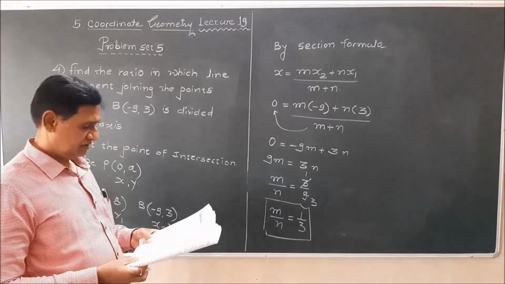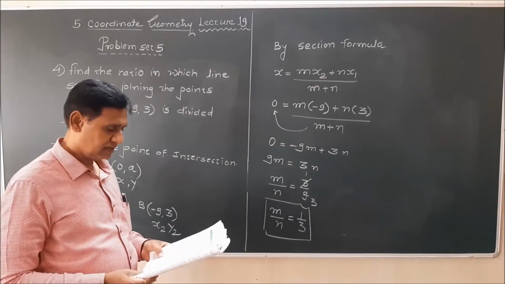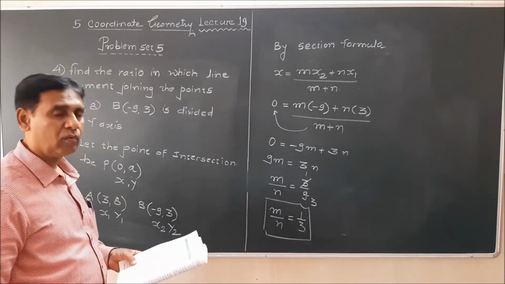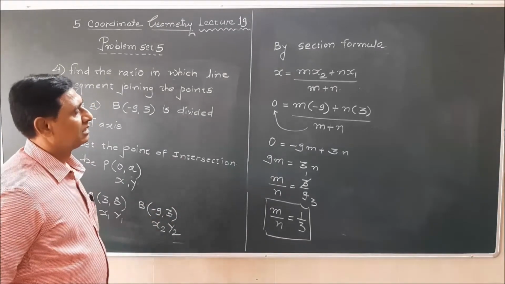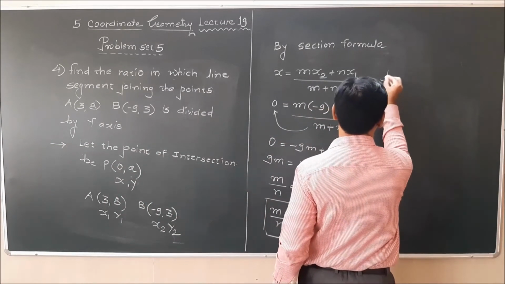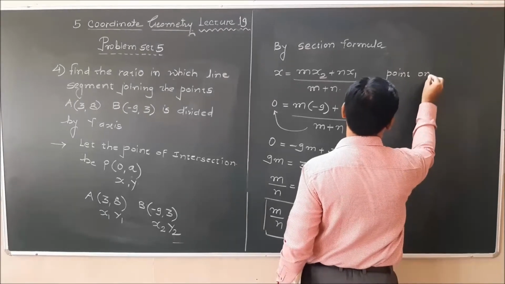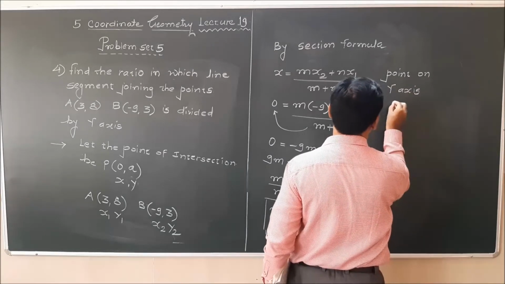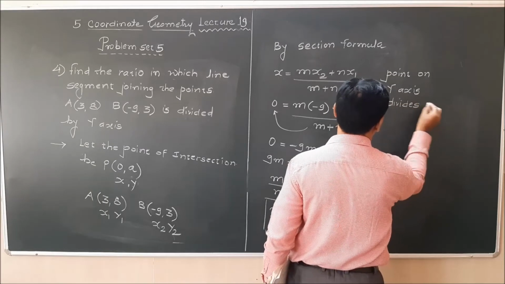Question is, find the ratio in which the line segment joining the points A 3, 8 and B minus 9, 3 is divided by y-axis. So this is how you will find the point on y-axis. Our final answer: point on y-axis divides segment